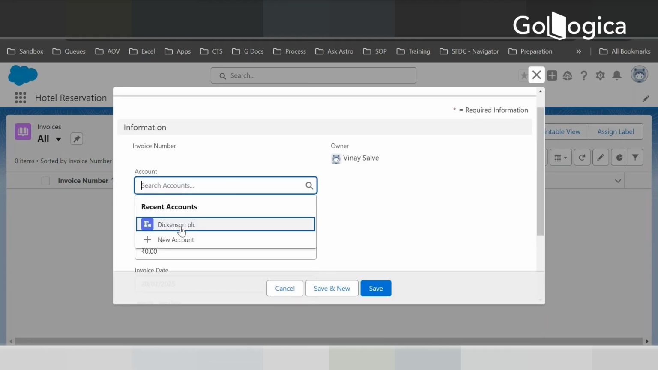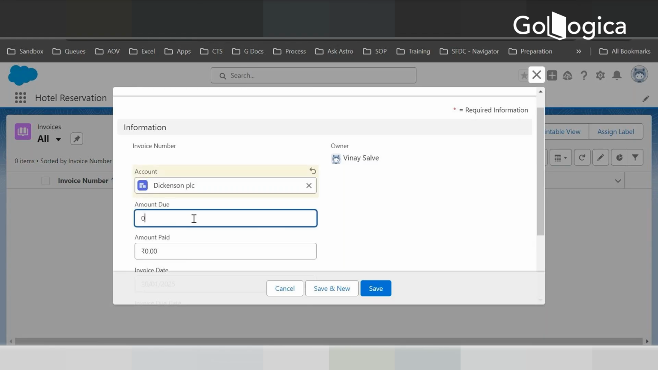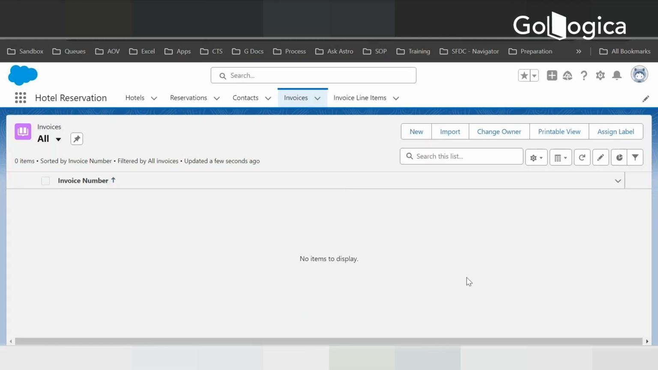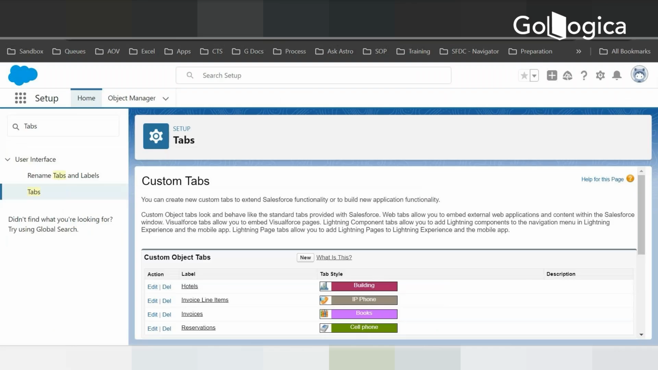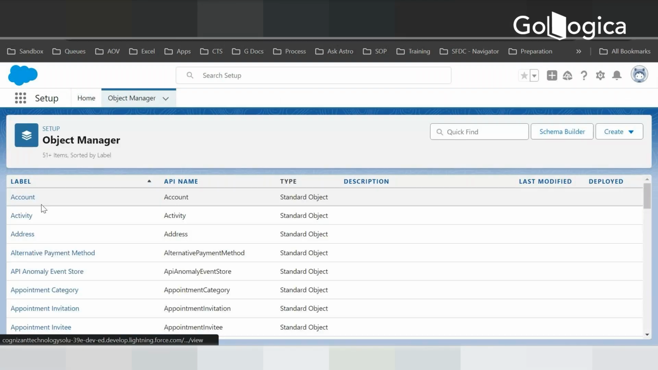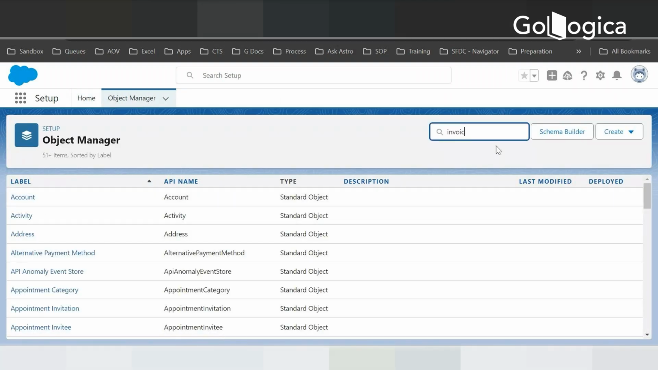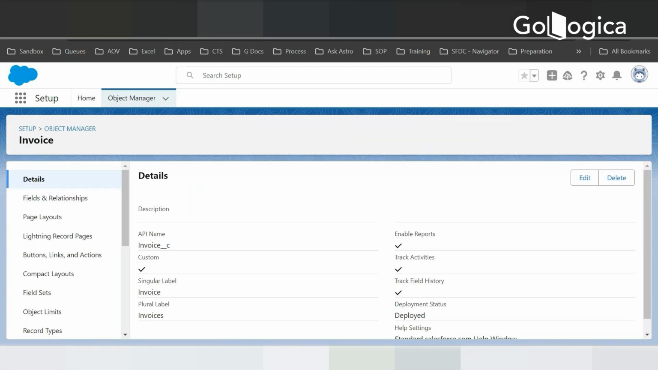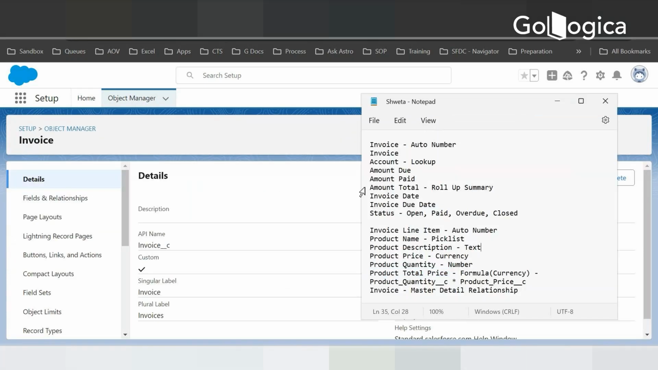So over here I have taken an account. Amount due is say 100. Amount they have paid is 100. One more field is left. Sorry, and status is open. One field I missed, so I will go ahead and create that field. So now if I go back to my invoice,